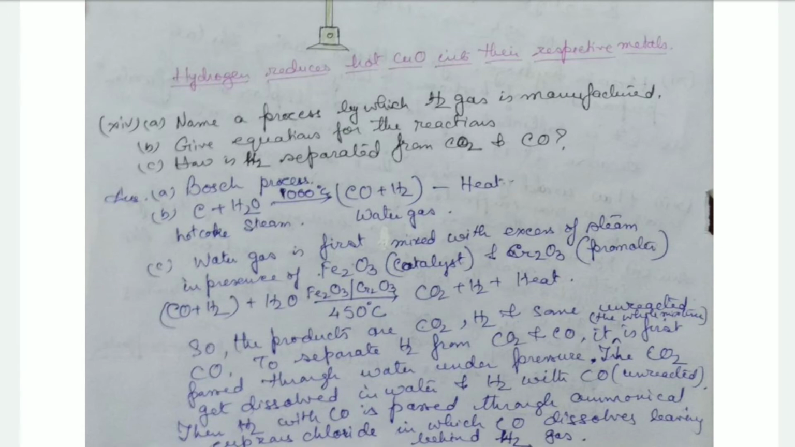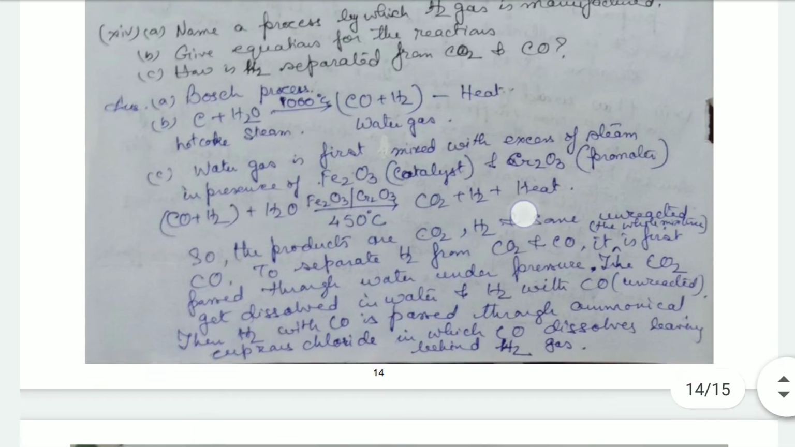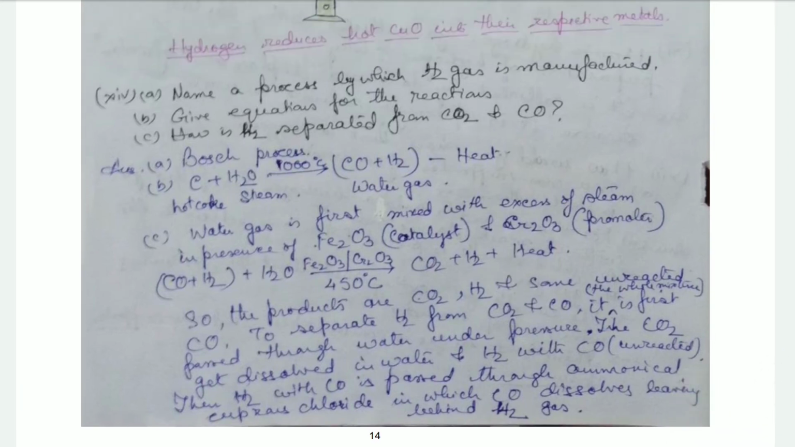Okay, now from this water gas, this hydrogen is separated. So the process is like this way, that water gas is first mixed with excess of steam. The water gas which is formed, that is carbon monoxide and hydrogen combined together, this is passed over excess of steam in presence of ferric oxide, Fe2O3,